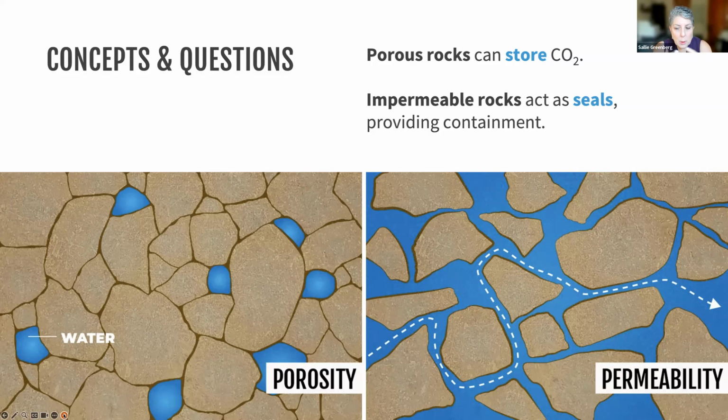So porosity is the volume of pore space that exists in a rock formation, and the permeability is the connectedness of those pore spaces. So for example, something like a Swiss cheese, which has a lot of holes, but they aren't very well connected, might have high porosity, but low permeability, which does not necessarily make it ideal for carbon